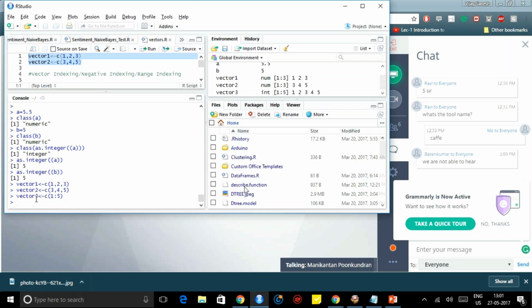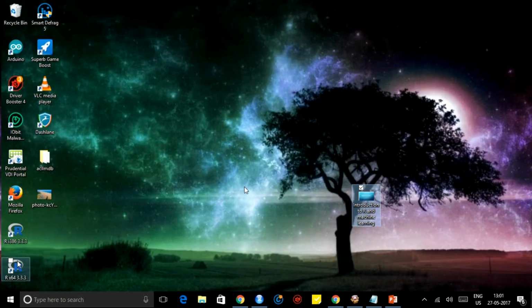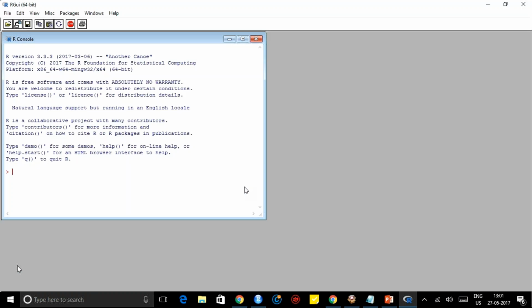So as you asked, vector3 is c of 1 to 5, and it is declared here. Before going to the next data type, let me show you something. If you just install R without RStudio, this is how your console will look. It will just give you a terminal.